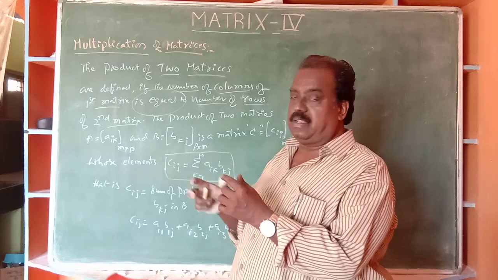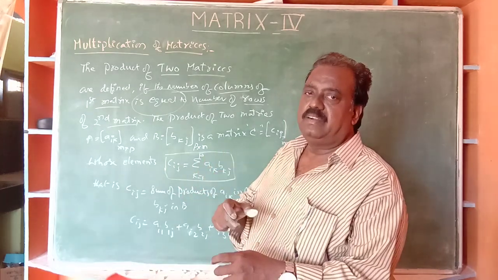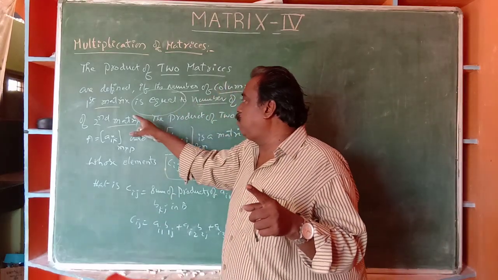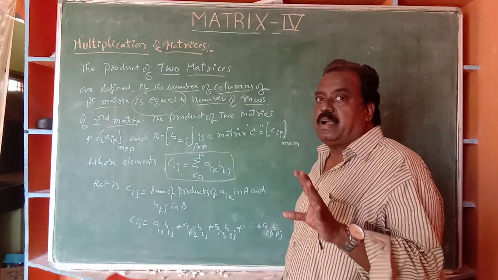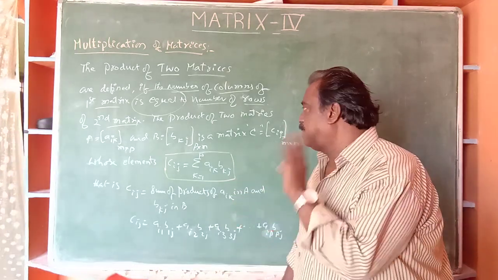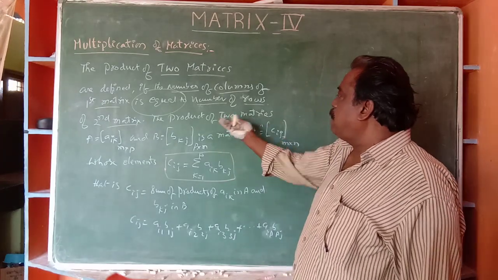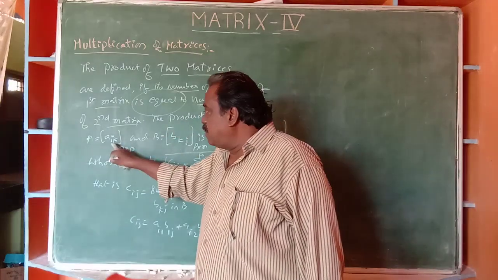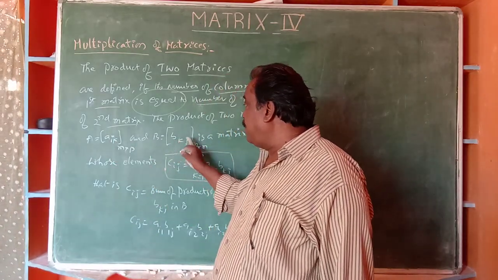Two matrices are comfortable to make multiplication if the number of columns of the first matrix and the number of rows of the second matrix are the same. Not the same order, only the columns and rows of the first and second matrix. And how can you define the product of two matrices? Capital A is Aik, and B is Bkj. You concentrate here.